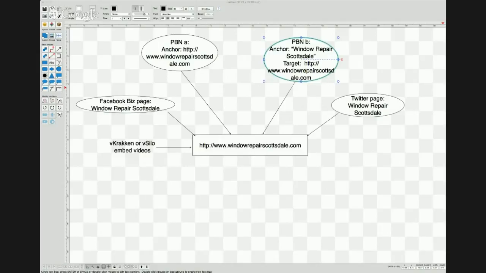It's actually in the general settings for vSilo when you're setting it up. So if you're setting vSilo up the first time, you need to make sure that you've got those short codes for the different pieces of content in there. You can have the video description, the title, the HTML embed, and the comments. If you don't put comments in there, it won't go pull them.